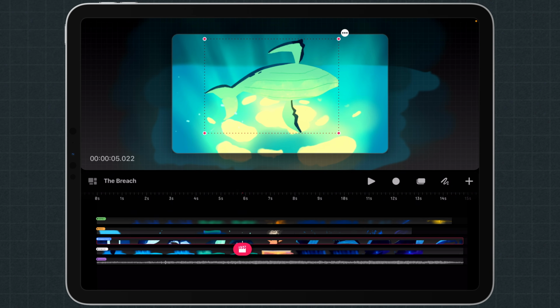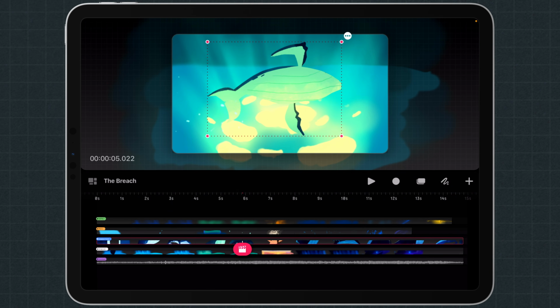Now these projects here are fully fleshed out, so if I click on any of the layers here, I can go in and edit them and see how things are put together. So you can get a really good idea of the professional level of project that you can aim for with the app. Obviously, when you're just starting out, you're probably not going to get to this level right away, but it is really nice that they put these projects in here to start with, so you can go in, pick it apart, see how they've put it together, and start to make your workflow. But let's move on to exactly how to get started in the app.